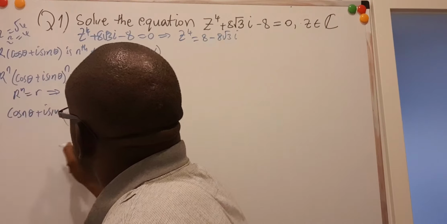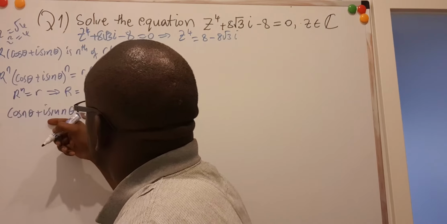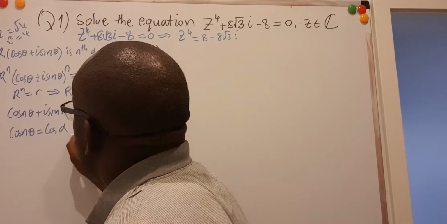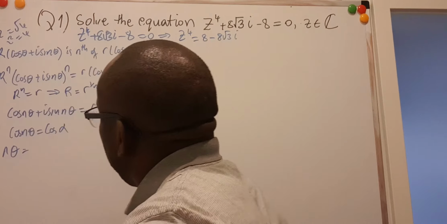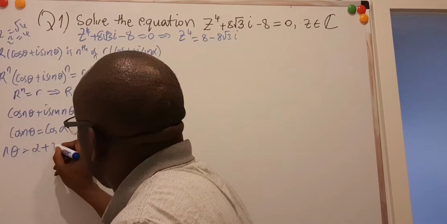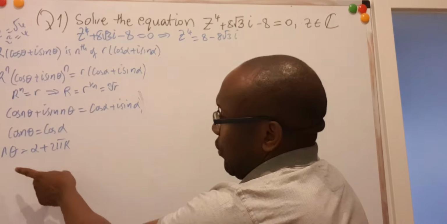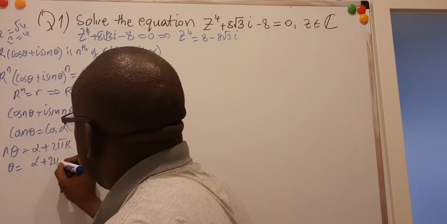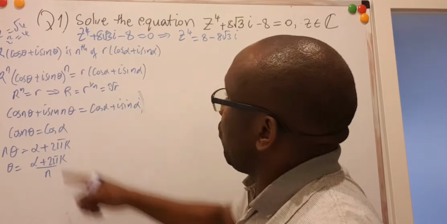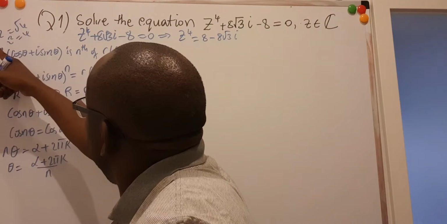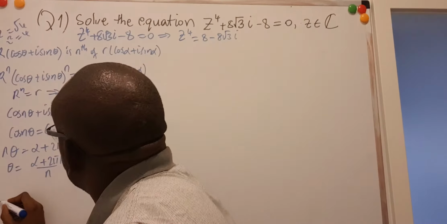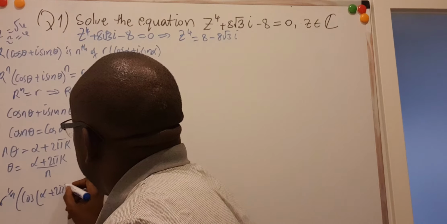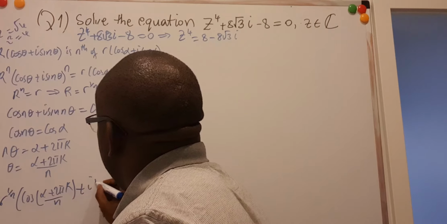If I want to look for the general solution, I can say the real part should be equal to the real part, and the imaginary part should be equal to the imaginary part. So we'll be saying cos n theta is equal to cos alpha. From here, n theta should be equal to, the general solution of this, alpha plus 2 pi k. That you should know from trigonometry. And if I want to get theta, then theta here is equal to (alpha plus 2 pi k) divided by n. So I can put them back there and get that my nth root of this would be r to the 1 on n (cos of (alpha plus 2 pi k divided by n)